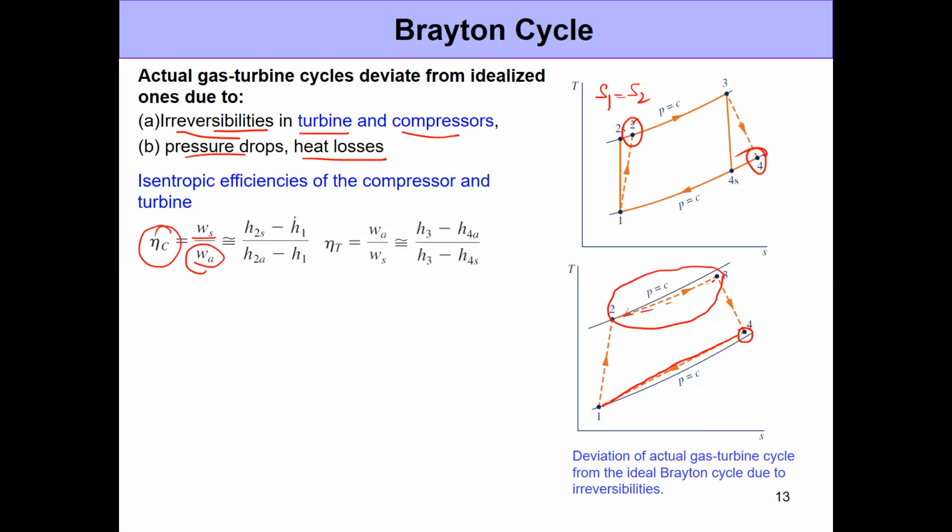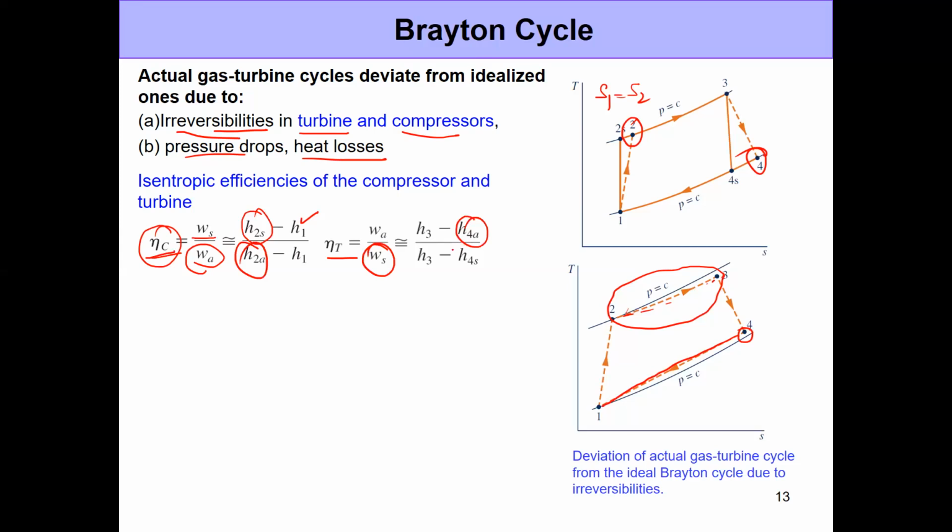In most cases, we are given, or we will be easily able to determine, the value of h1 based on the temperature that is given, for example, the inlet temperature. We are able to determine the enthalpy for an isentropic process by using the different relations that we have for an ideal gas undergoing an isentropic process. In all such cases, the definition of isentropic efficiency allows us to calculate the actual enthalpy at the exit of the compressor. In the same way, you have isentropic efficiency defined for the turbine in terms of the actual work output of the turbine divided by the isentropic work output. Here also, you make use of the isentropic efficiency to calculate the exact enthalpy that comes at the exit of